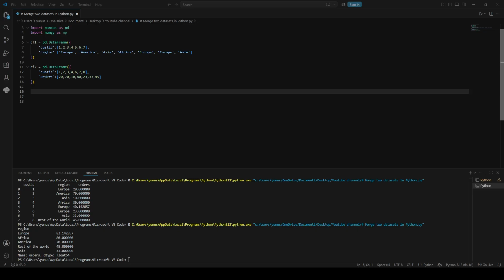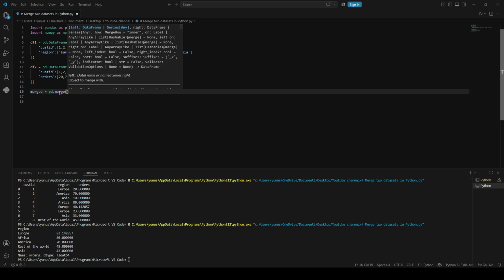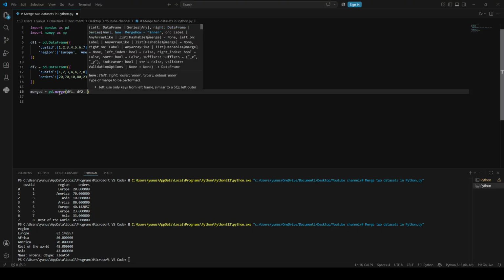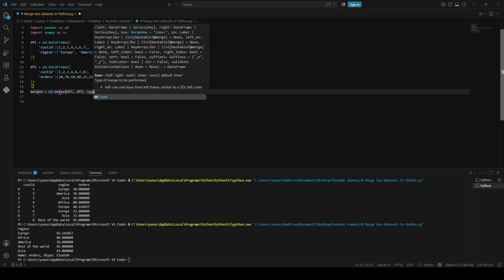And in order to do that, the first step is to create a merge table, which we will call merged. So df1, df2. Then here we have to decide how we want to merge the two data frames. So if we want an inner